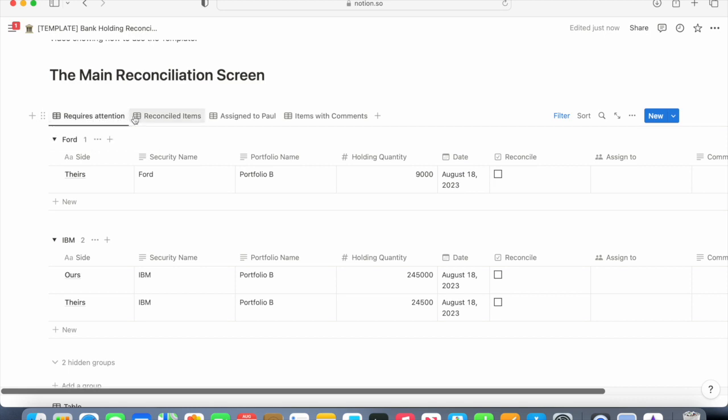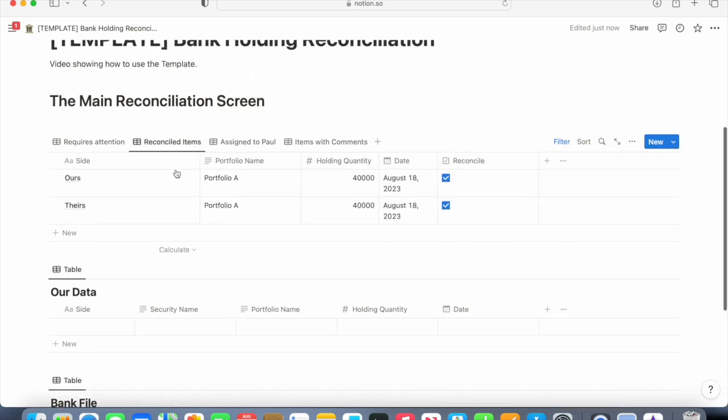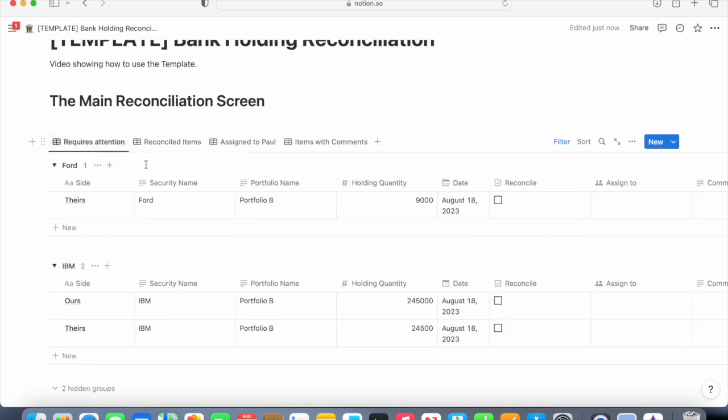They should pop up now in the reconciled items view, which they have, which is good. So we see our Microsoft holding and their Microsoft holding, and they're out of the way now. They don't require anyone to look at them. So they're done and dusted. So we go back to requires attention,